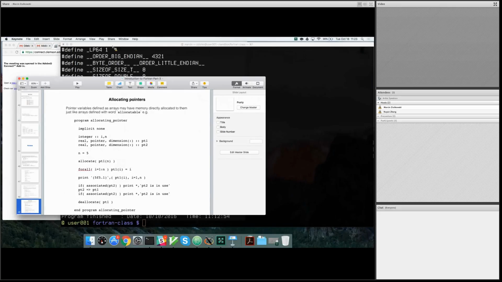What can the compiler do for improving performance? So imagine this. If you have A, I,